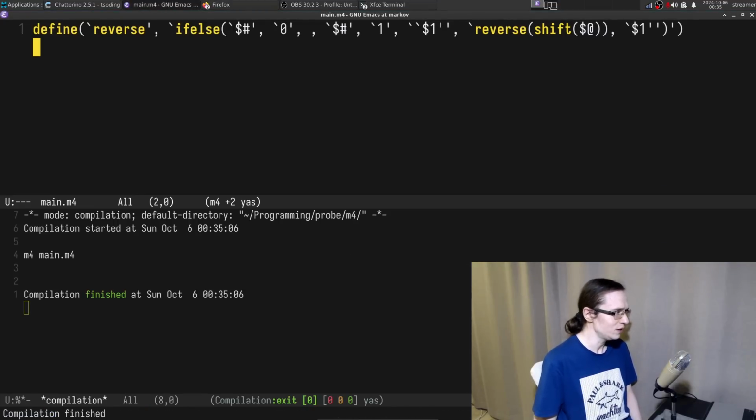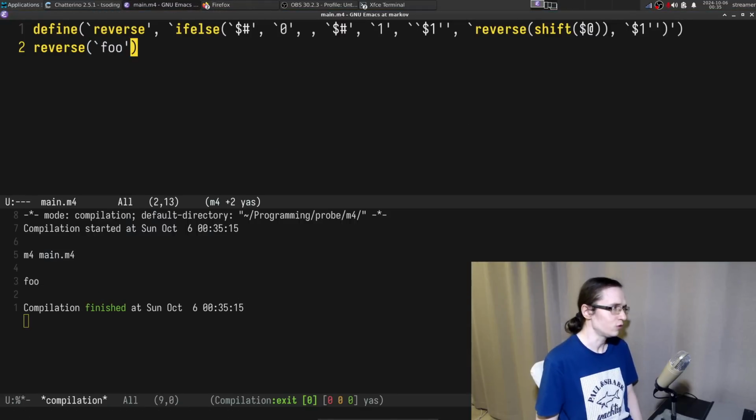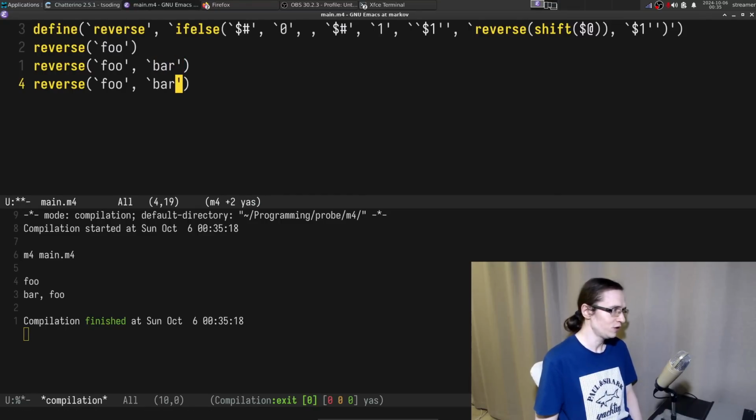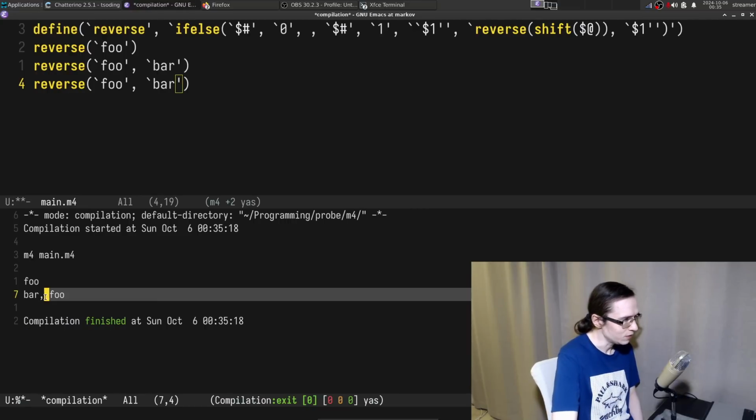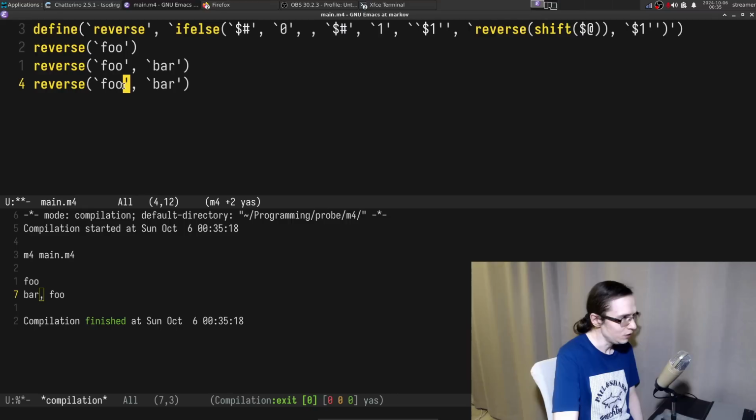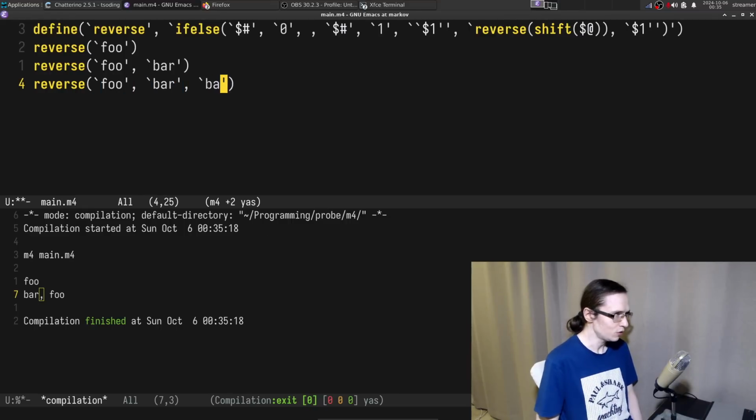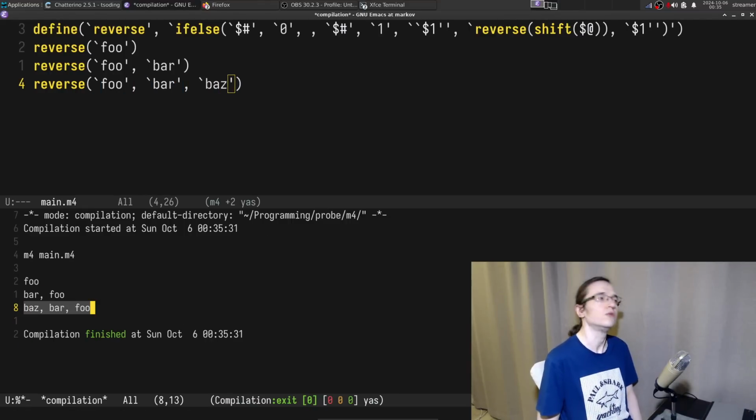Okay, if I try to run this entire thing, at least it terminates, and then I can do reverse foo, something like this. It just returns foo, and then we can do bar. Okay, and it actually reverses all of these things. It also included the comma. Look at that. It also included the comma, which is rather interesting, huh? And this is buzz. Okay, buzz bar foo. That's pretty cool. So the question I have here is what is the hash thing in here, and why is there no one argument like in here specifically.